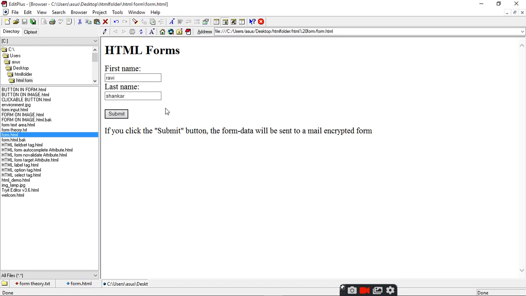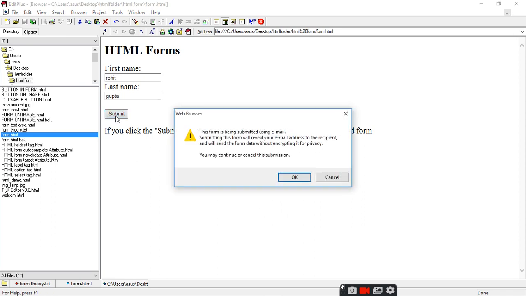Now you want to see how it is working. Control B, then you will get the form, and because I have already given the information here, it will show Ravi and Shankar. You can also change the information, then submit.